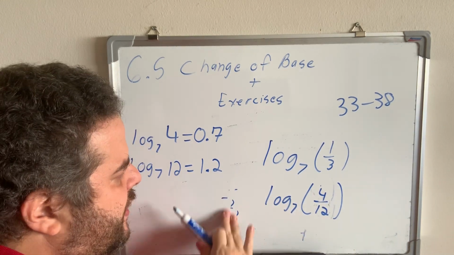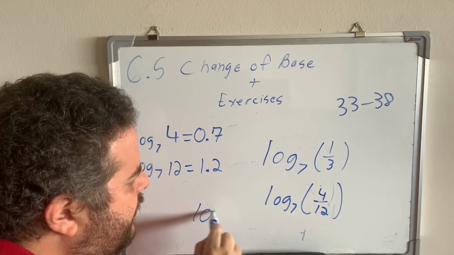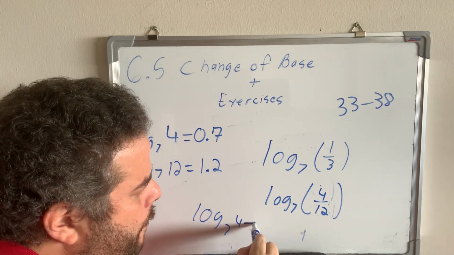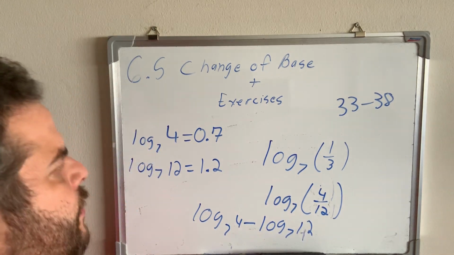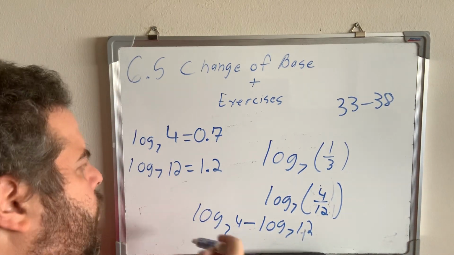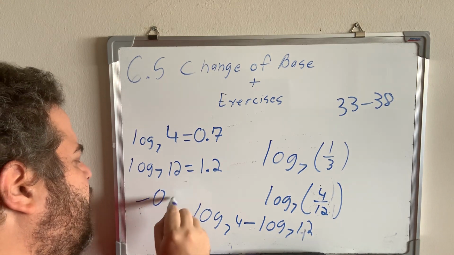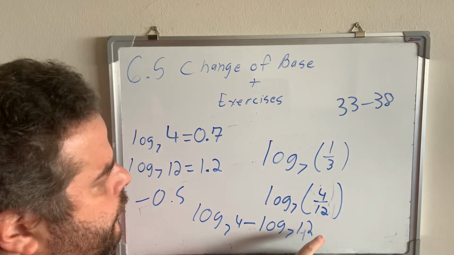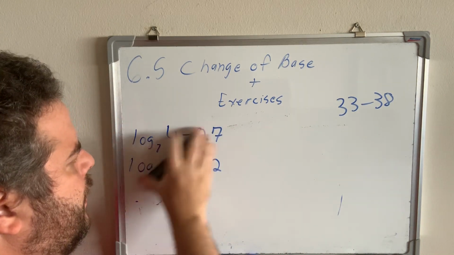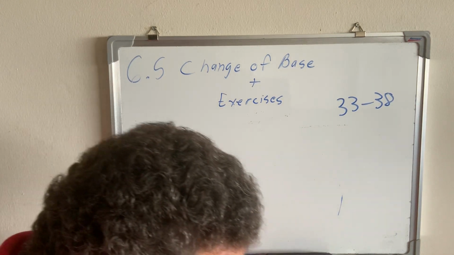I rewrite this expression as log base 7(4) minus log base 7(12). Substitute the value, 0.7 minus 1.2. That gives me -0.5. That's it for the entire block of that example. Now let's continue with the second block,